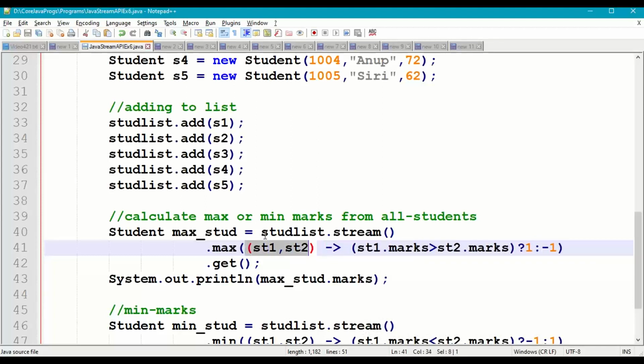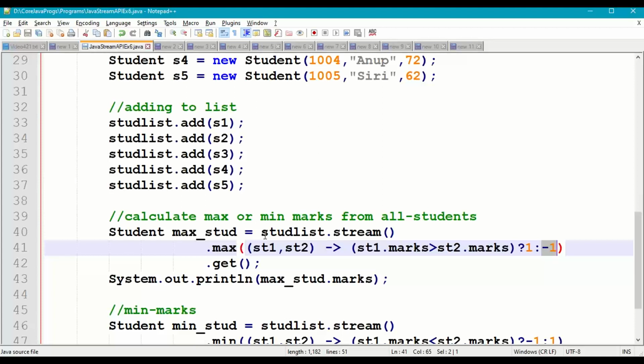Automatically it will take the first student and second student data from the stream. Arrow operator, so this is a lambda expression, and then I'm comparing with a conditional operator. If st1 marks greater than st2 marks, so first student marks greater than second student marks, then I'm returning +1. +1 means automatically the first student will be placed after the second student, otherwise -1, so the first student will be before the second student.